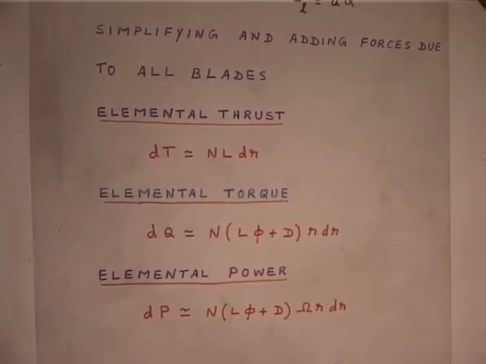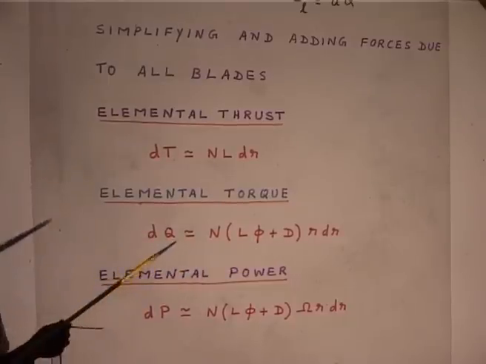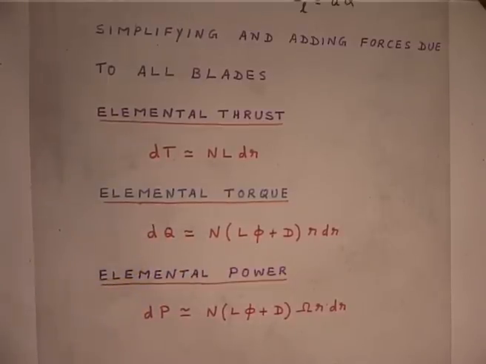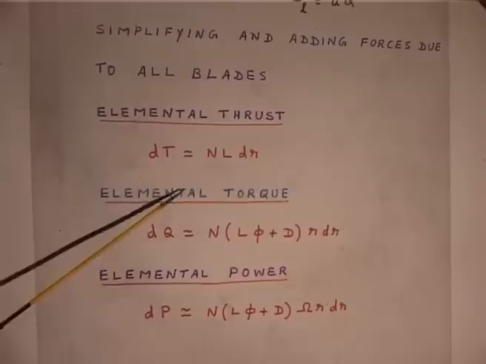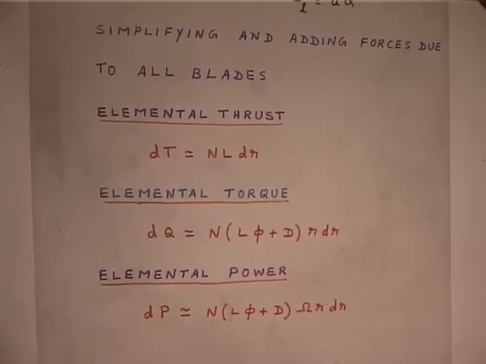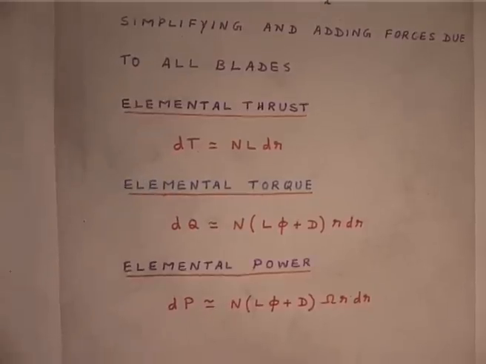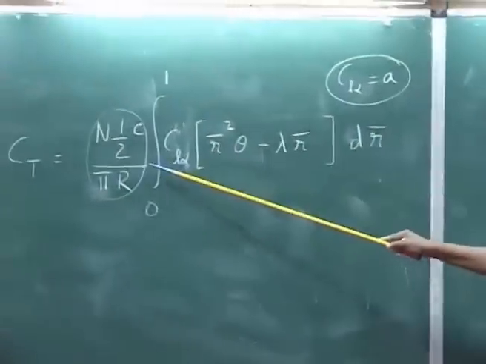So, the drag force into distance is the elemental torque, okay, and the power is torque into omega, because torque into omega is power. Now, I have all the three quantities: elemental thrust, elemental torque, elemental power. I have only shown you this particular thing. If I integrate this,